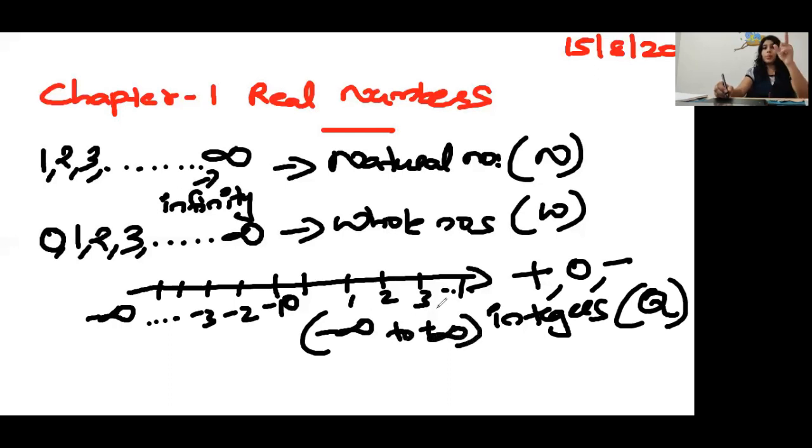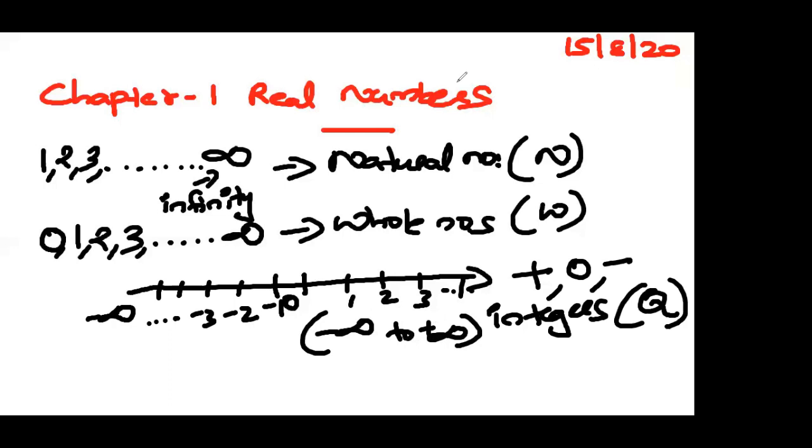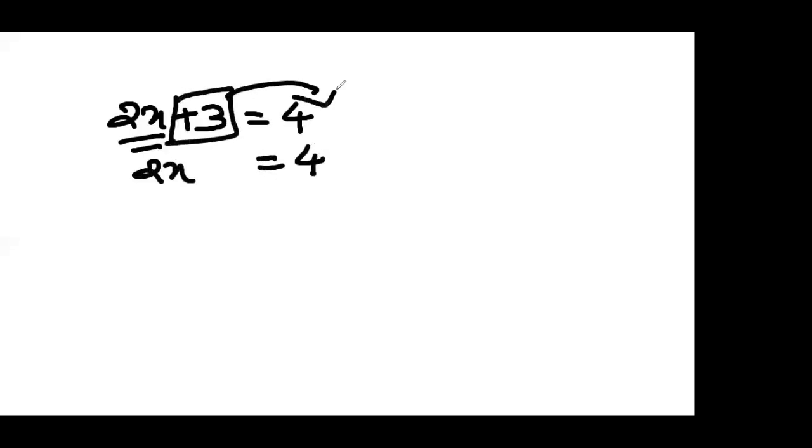Okay, so natural number, whole number, integer. Then another category of number is there. For example, if I'm saying 2x + 3 = 4, how will we find this x? Obviously, 2x = 4, and this +3, when it comes to the right-hand side, will become -3, and it is equal to 1. So 2x is 1. So what do you mean by x? x is equal to 1, and as this is multiplication at the left-hand side, it will come to the right-hand side as division.